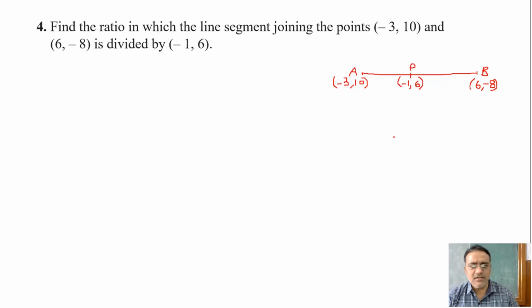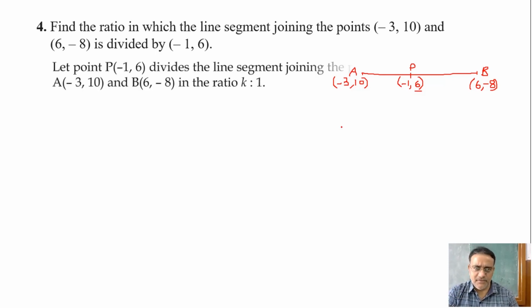Okay, why? Because most of the students will make mistakes while handling the negative sign. So that is why, in order to avoid some mistakes, don't take minus 1. I will take 6 only. Okay, so let us start. Let the ratio be k is to 1. Okay, और m1 is to m2 नहीं लेना है, m is to n नहीं लेना है. उसमें भी बहुत सारे बच्चे गलती करते हैं रेशो लिखने में. Okay, so k is to 1 is the easiest method to find the ratio. So we took k is to 1.